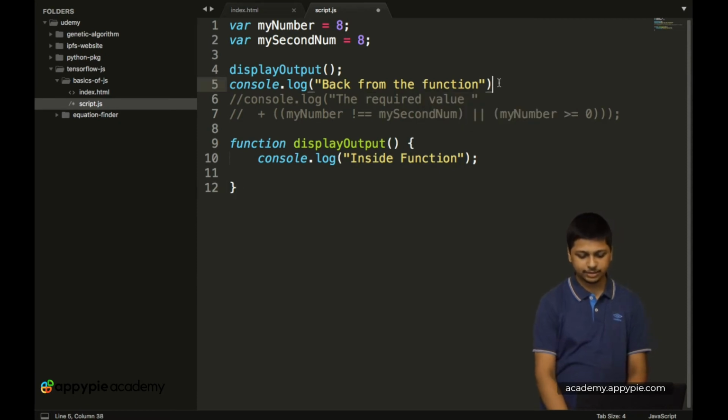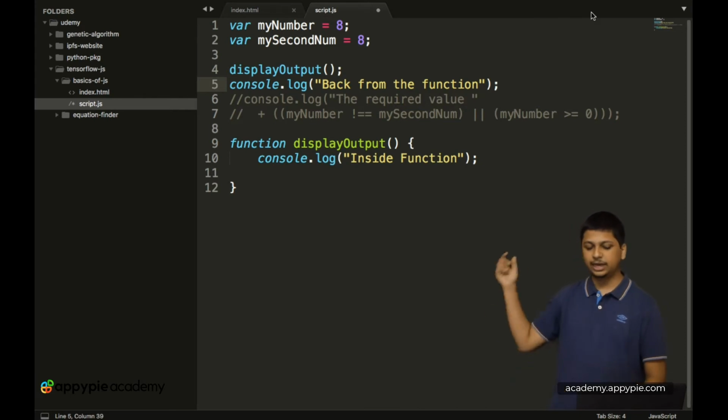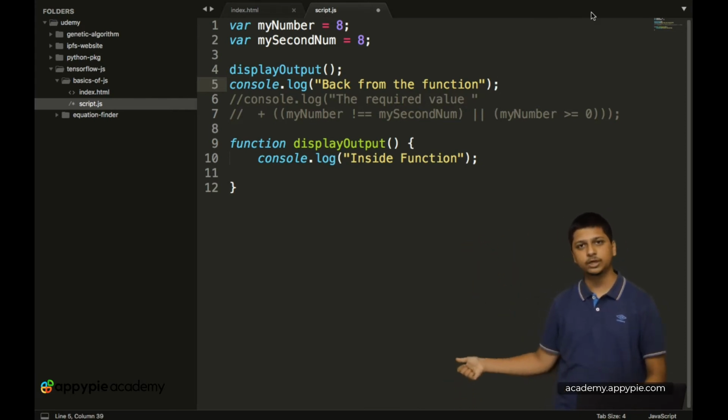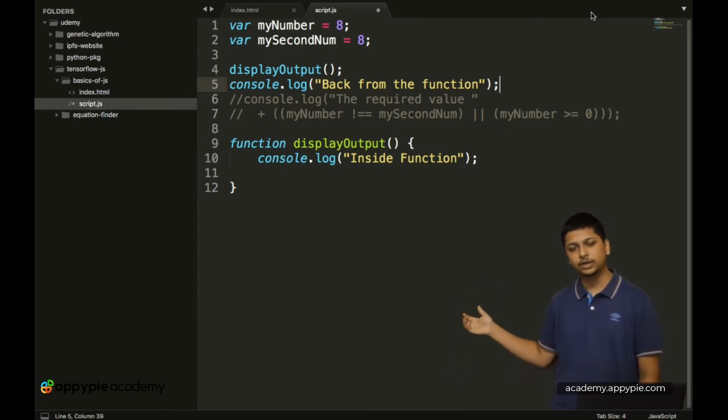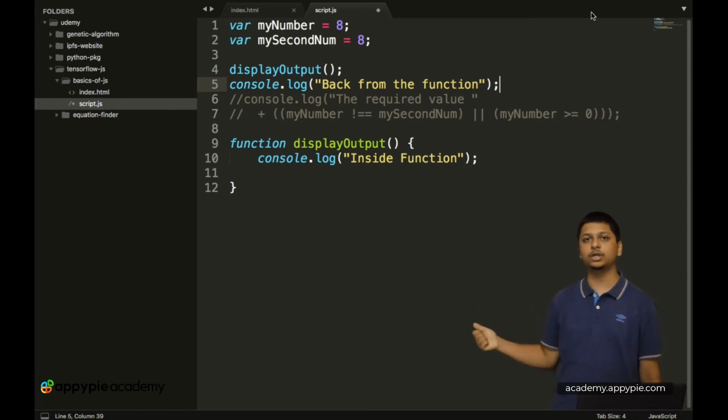This tells you that it will go inside the display output function, execute the code which is inside it, and then go back to where it came from, and then console.log the "back from function" value.